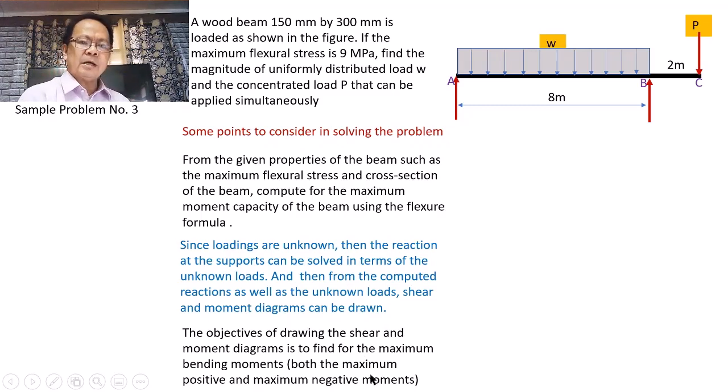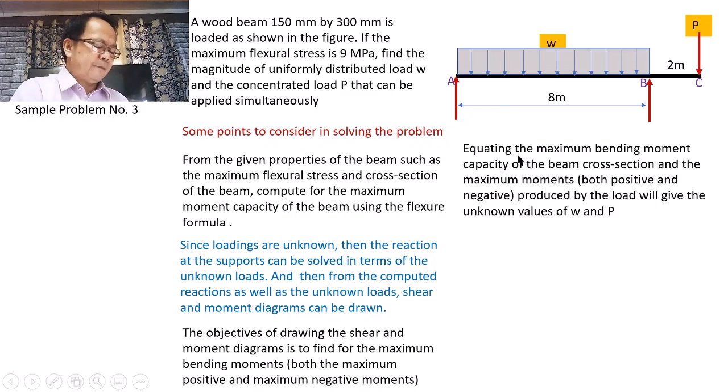And this maximum bending moments can be expressed in terms of the unknown W. Kasi do-drawing natin siya using the unknown W. And pagkatapos nating makompute, halimbawa yung maximum positive bending moment at saka yung maximum negative bending moment, so we will be equating the maximum bending moment to the moment capacity of the beam given the cross section of 150 by 300. So gagawin natin, equate natin yung maximum bending moment capacity of the beam cross section and the maximum moments